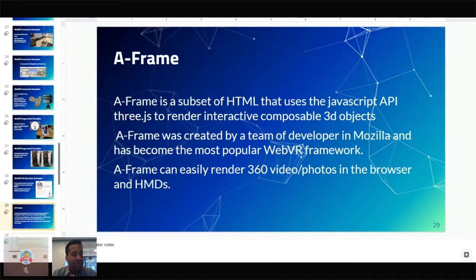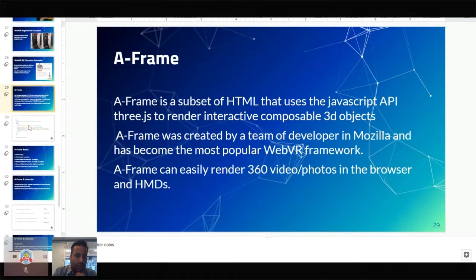When it comes to WordPress, the easiest way to use A-Frame will be to deploy 360 video and photos in the browser. Again, it's just HTML and JavaScript. And now we know with the recent developments with Gutenberg and React, it'll be very simple to implement that into any type of plugin and be able to use the WordPress API to feed content into those experiences.